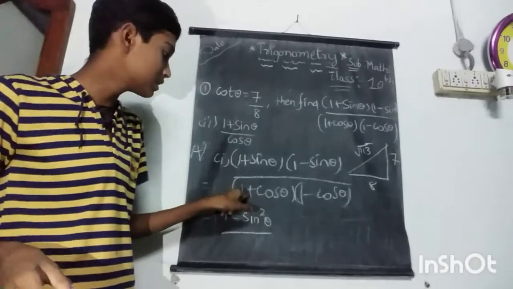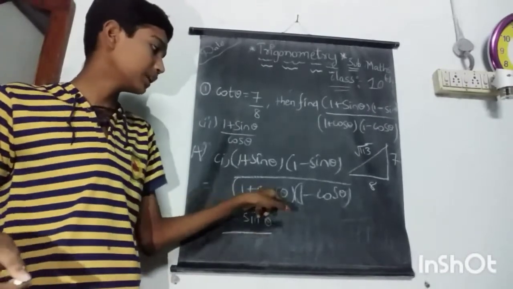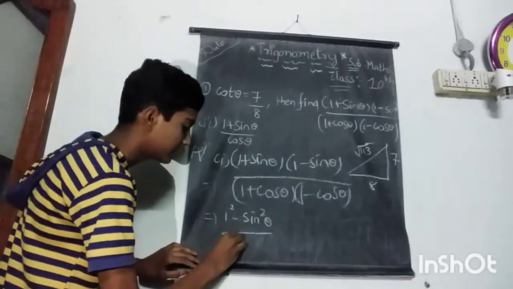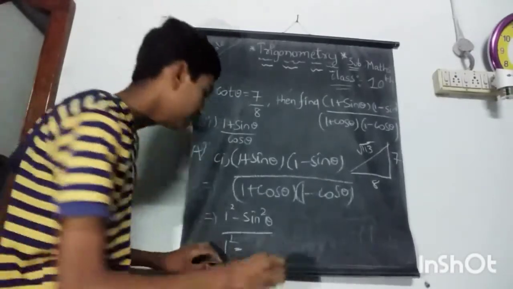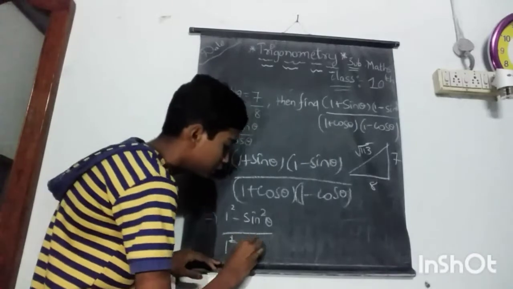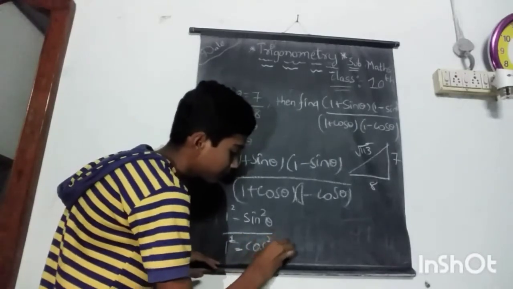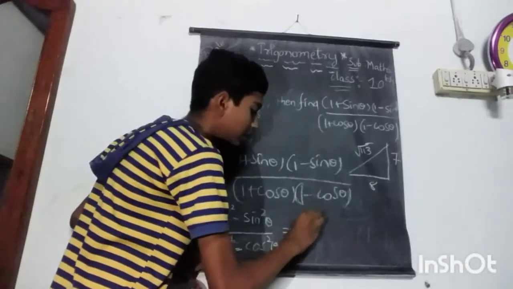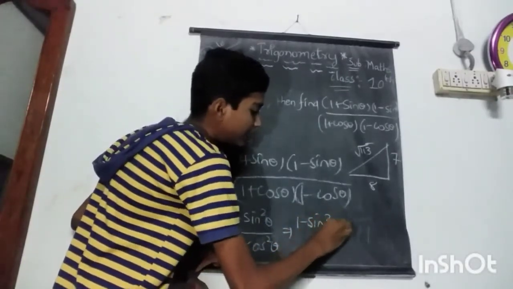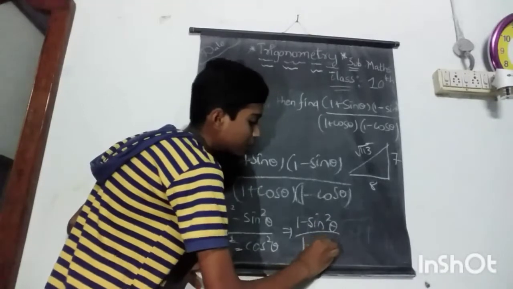Similarly for the base also, 1 a 1 b, cos theta: 1 minus cos square theta. We use the identity a square minus b square is equal to a plus b into a minus b. Remember it. It may be useful for you. That implies how to find (1 minus sin square theta) upon (1 minus cos square theta).